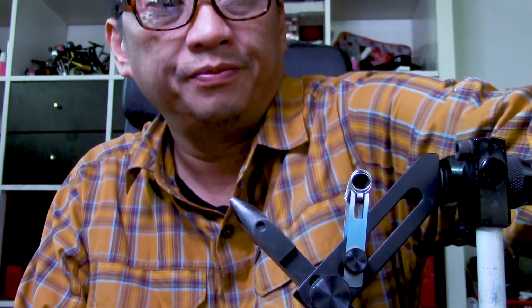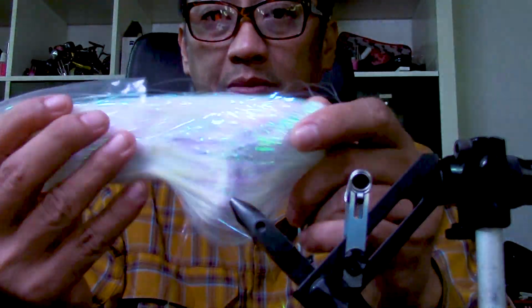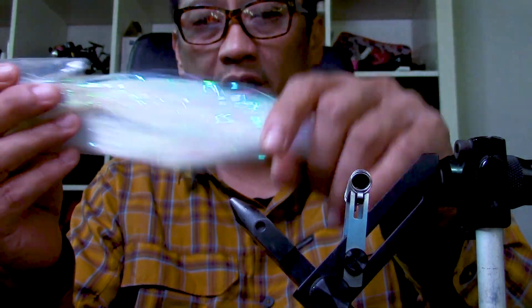There are two types of flash that you are going to encounter. There are a lot more, but these are the two that you actually see the most. This is Flashabou. It's straight material and holographic. It comes in different colors: I have chartreuse, I have pink, this is pearl. They come in different thicknesses